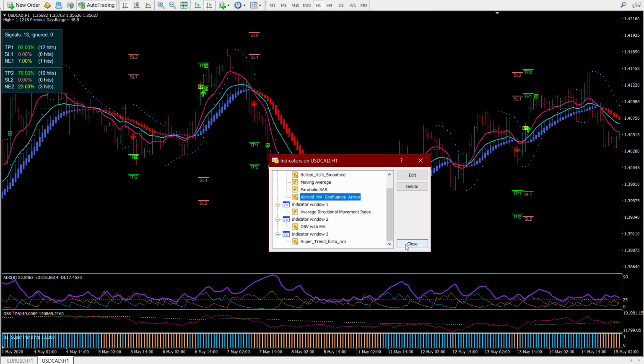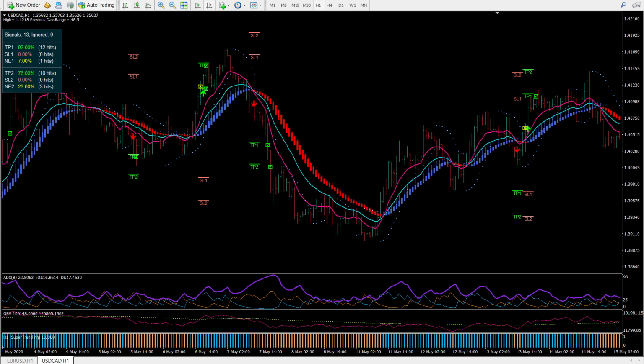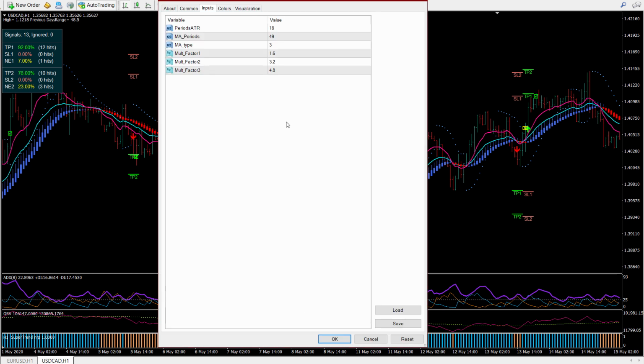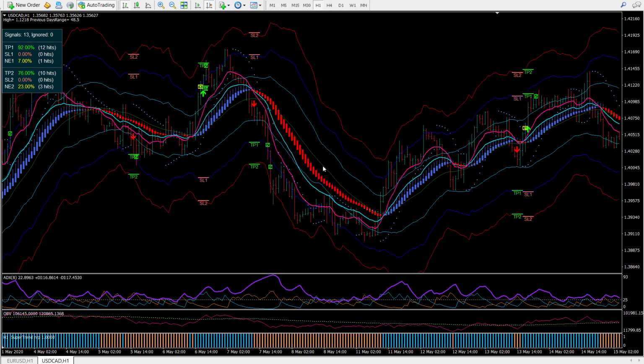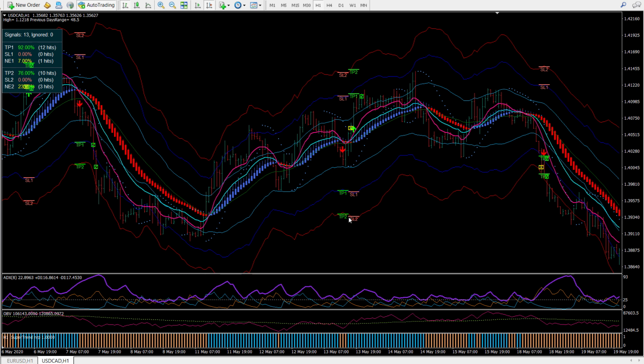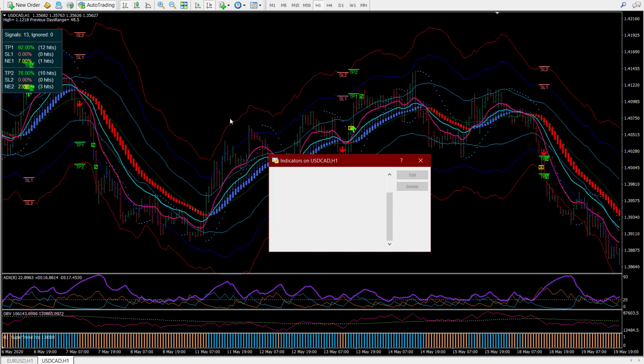Let me just quickly show you the ATR channels. Right here, these are the settings that you can specify in the arrows indicator, and it will create these take profit and stop loss lines. These ATR channels will create these SLTP lines.